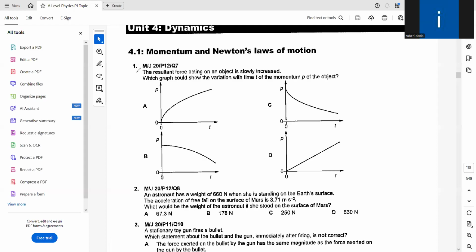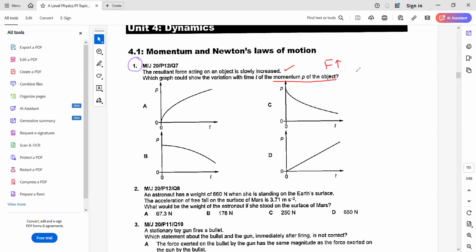Okay, so question one for momentum states that the resultant force acting on an object is slowly increased. That means force is increased. Which graph would show the variation of the momentum P of the object? So we have to think about force and momentum. How are they related? Through Newton's law, we know that force is the rate of change of momentum. Since they say force is increased, we have to see that the change of momentum is increasing, and